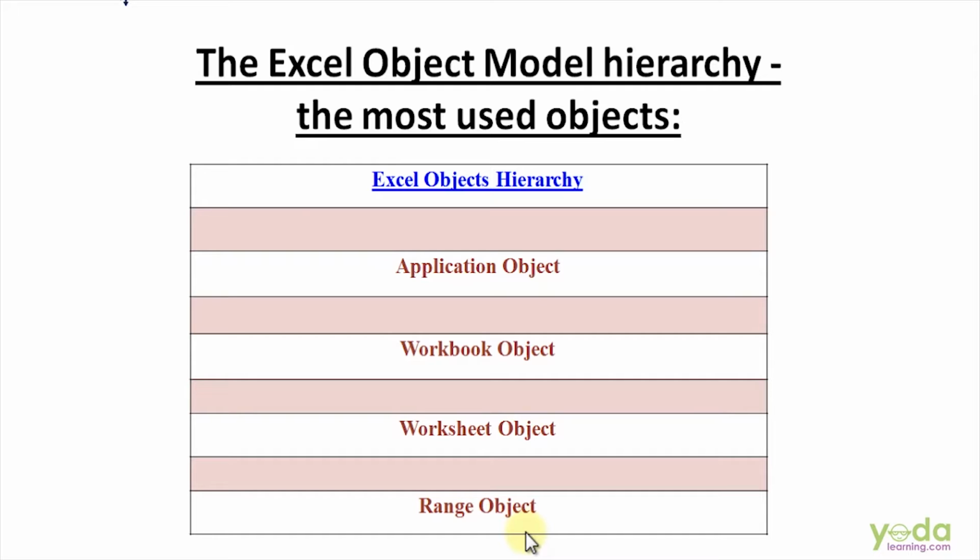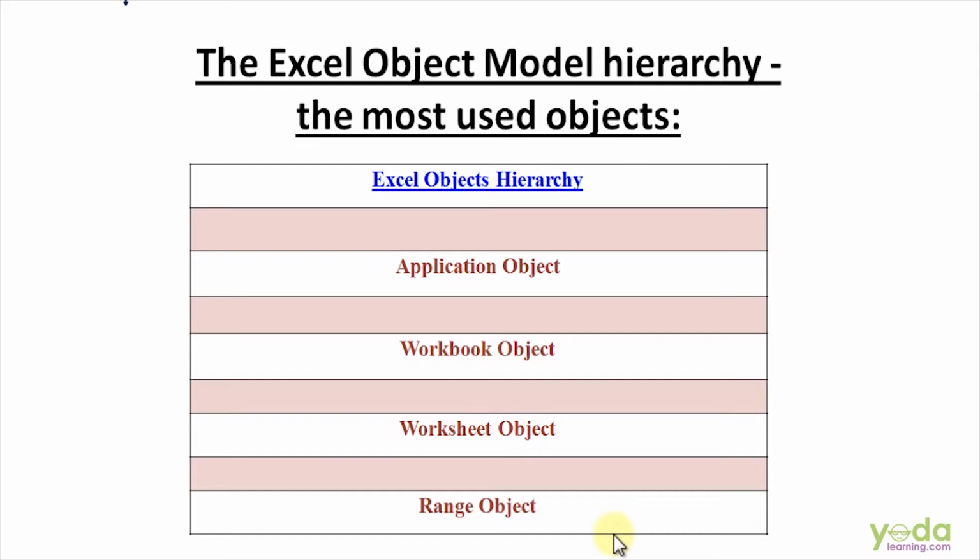The object model of the application refers to and contains its programming objects, which are related to each other in a hierarchy. The entire Excel application is represented by the application object, which is at the top of the object hierarchy, and moving down you can access the objects from the application to workbook, to worksheet, to range, and further on by connecting the objects with a period, that is, a dot.